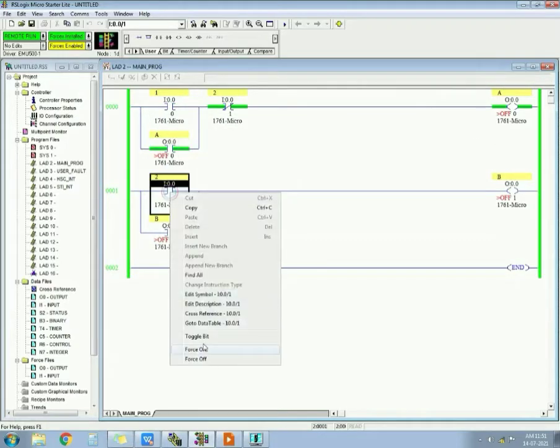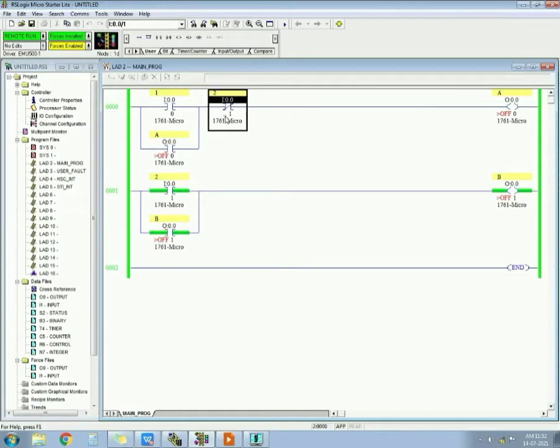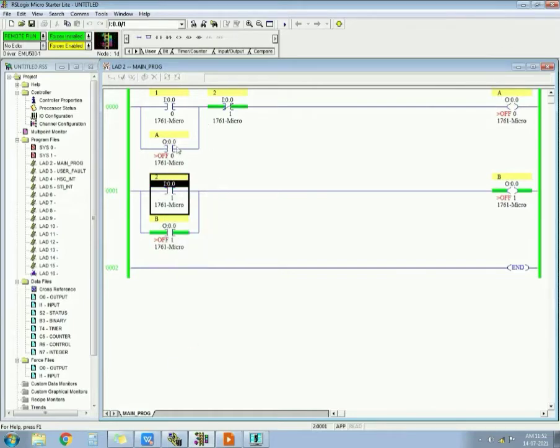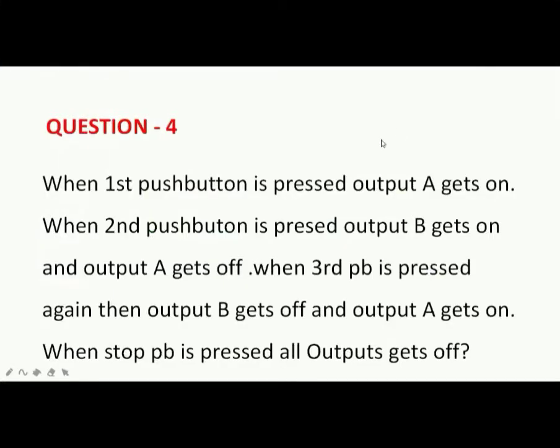When you force on this, this will become NC and this will become NO, because both have the same addressing. This gets off, this breaks the circuit, and output A gets off. When you release, because the latch is broken, it will not get on again automatically, so B gets on and output A gets off. So I think it's clear.